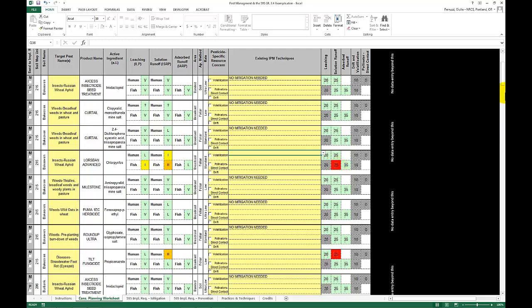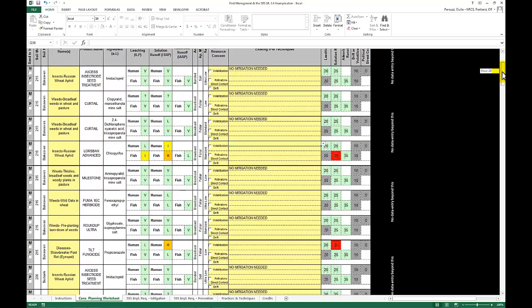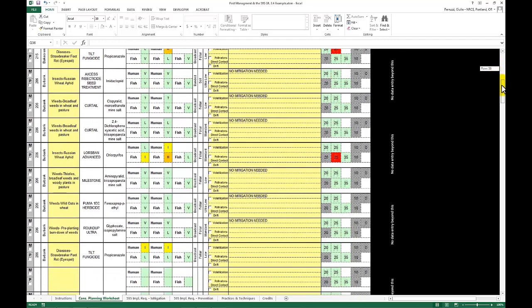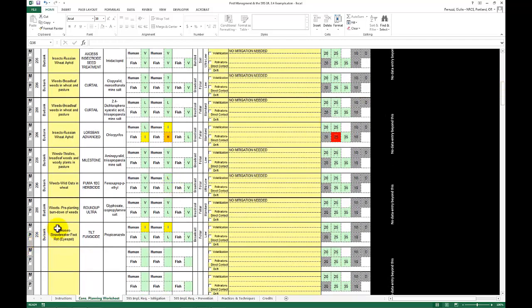It's important to look at the entire report because you'll notice here that the tilt fungicide that's used on this particular soil has a high hazard for solution runoff for humans, but in this other soil it had an intermediate hazard for leaching and solution runoff. However, notice that we don't need to mitigate for the leaching loss here because it is mitigated for by the points that are already there. So in this case, for this particular pesticide and soil interaction, we can say no mitigation needed. But for the other soil,